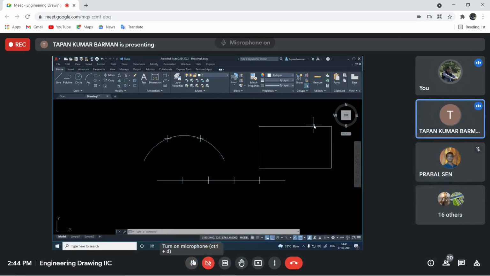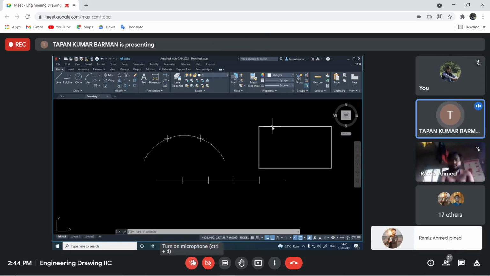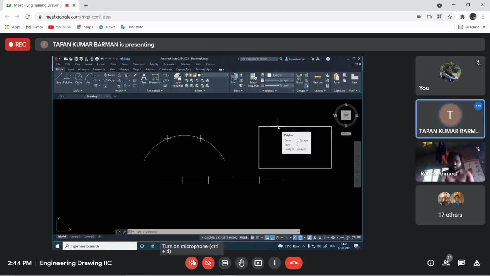Can you follow this thing? Okay. Now, for this rectangle, I have drawn this rectangle using rectangle command, right? With rectangle command. Now the thing is, for this rectangle, I want to divide the top side of this rectangle. Then what to do to divide this top side of this rectangle? What should be the procedure?